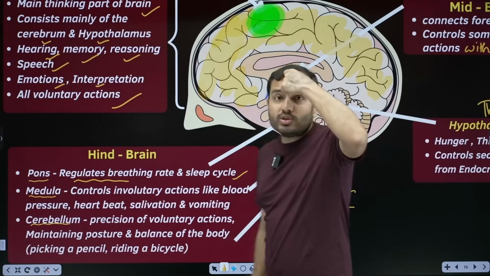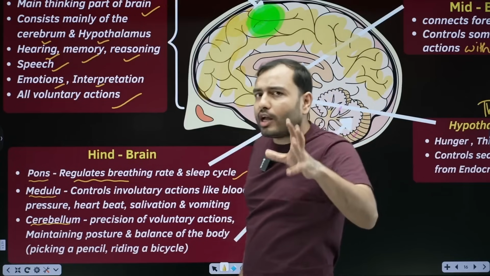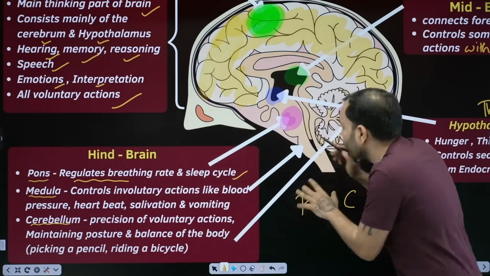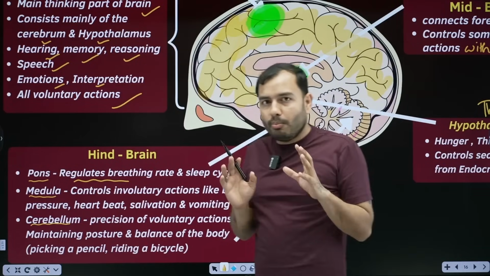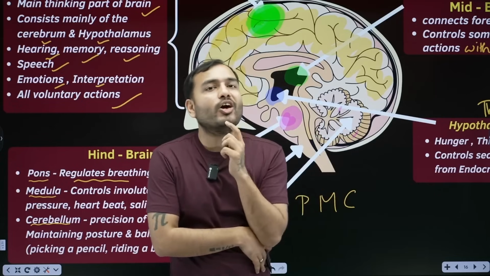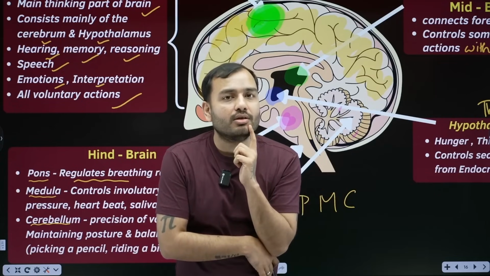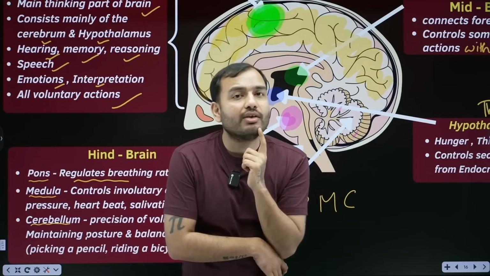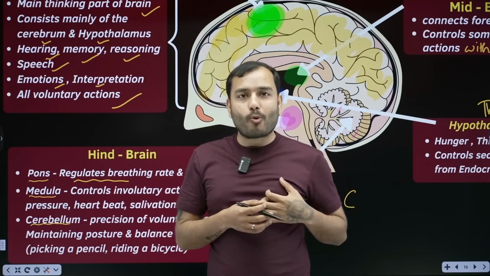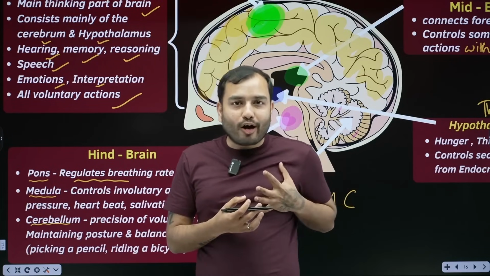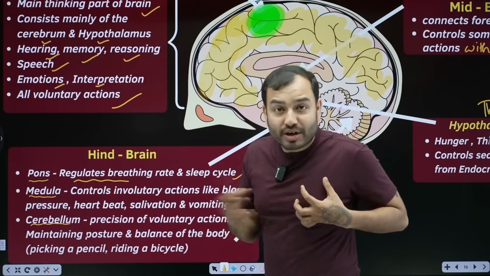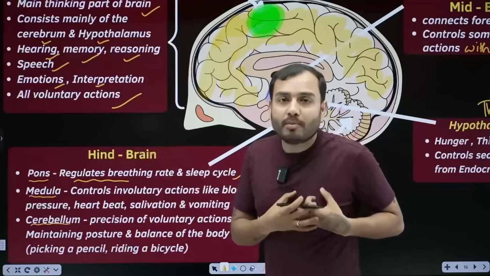The second is the medulla. Now what does the medulla control? All involuntary functions. This part is the medulla. Look how to remember it. Medulla reminds you of medu vada. Saying medu vada makes your mouth water, meaning salivation. So the medulla controls salivation. Now when you eat medu vada, you will eat so much cholesterol that there will be some problem with your heartbeat. So the medulla controls the heartbeat.